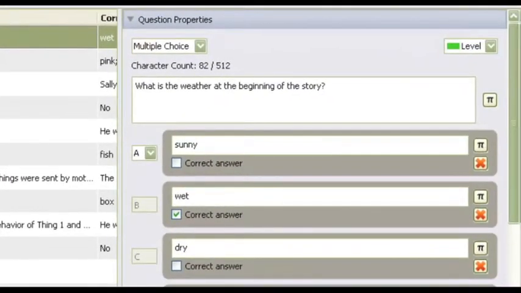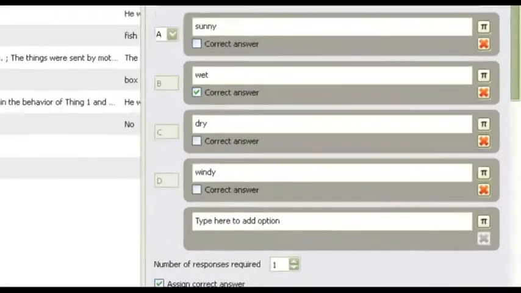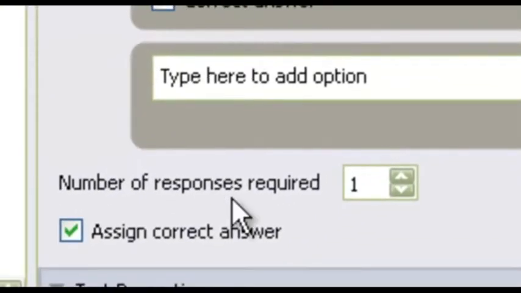When you click on options, what you're putting in depends on what question format you laid out. So for example, multiple choice, you're going to get multiple boxes to put answers in. And you'll need to choose which one is the correct answer. So normally you have 6 options when you start because we have A through F. You can always delete one of those options to narrow your limits by clicking the X button over here. For secondary teachers, you can also click the pi button and enter an equation if that is one of your answers.